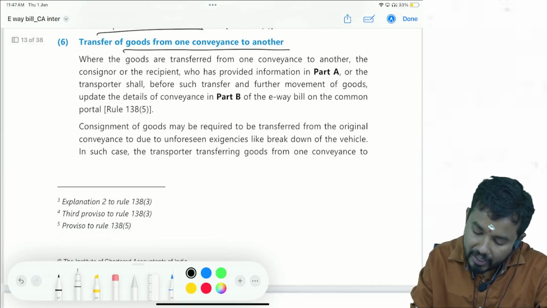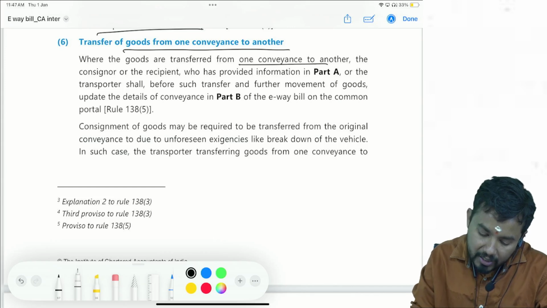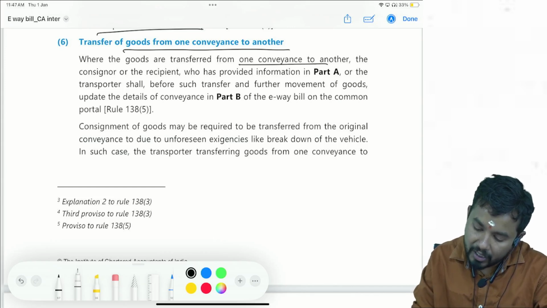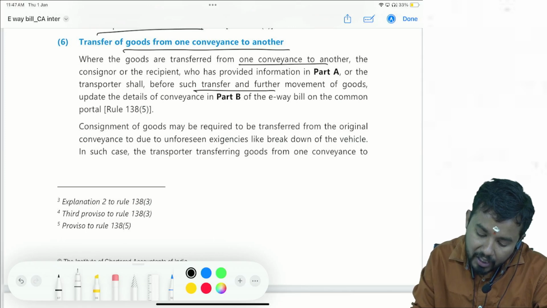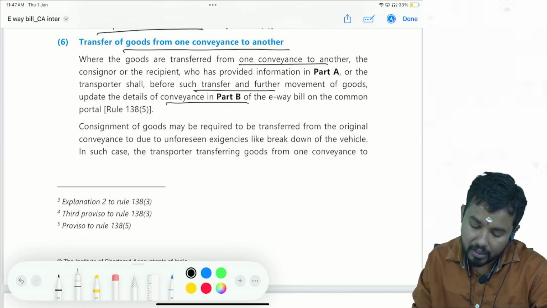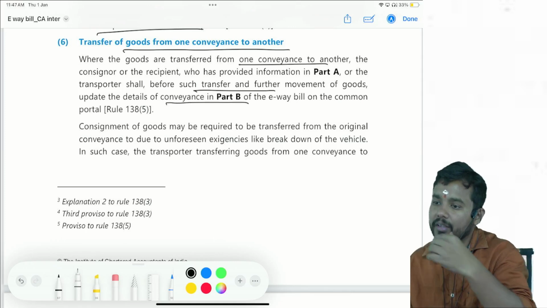Where the goods are transferred from one conveyance to another, the consigner or the recipient who has provided information in part A or the transporter shall, before such a transfer and further movement, update the details of conveyance in part B. See, for example,